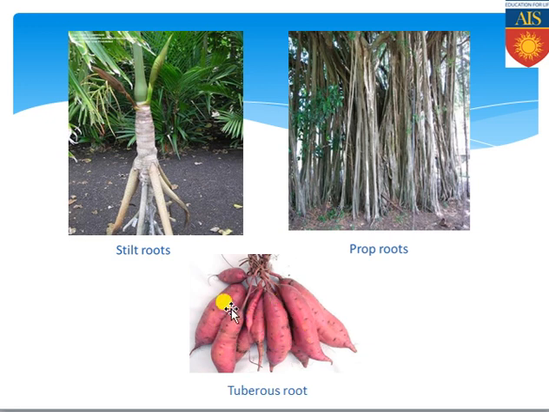And these are the tuberous roots, whatever I have just now told. These are the modified adventitious roots which are commonly found in case of sweet potato, and here the food has been stored inside the root and for that reason this swollen structure has been created. Except this specific root, tuberous root, there are radish, carrot, turnip. These examples also can be there because those are the modified tap roots.